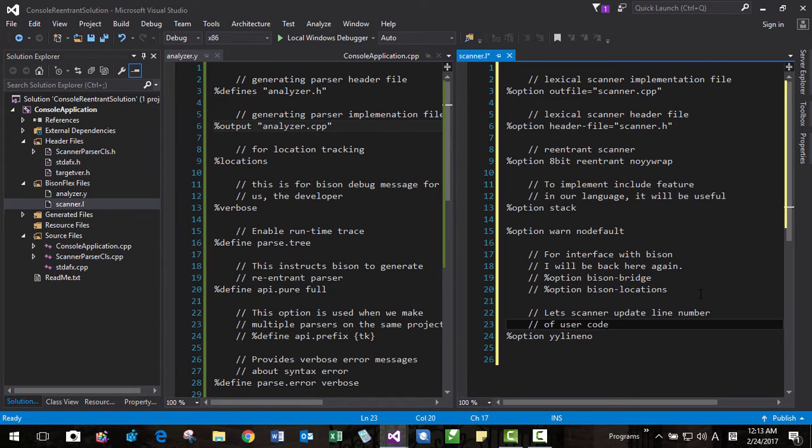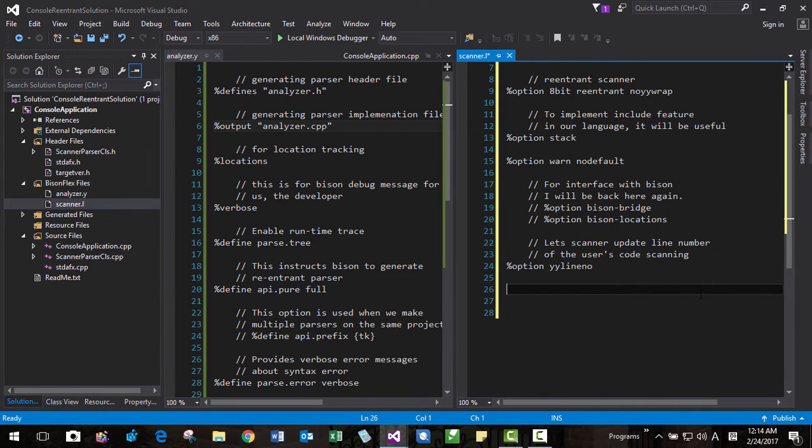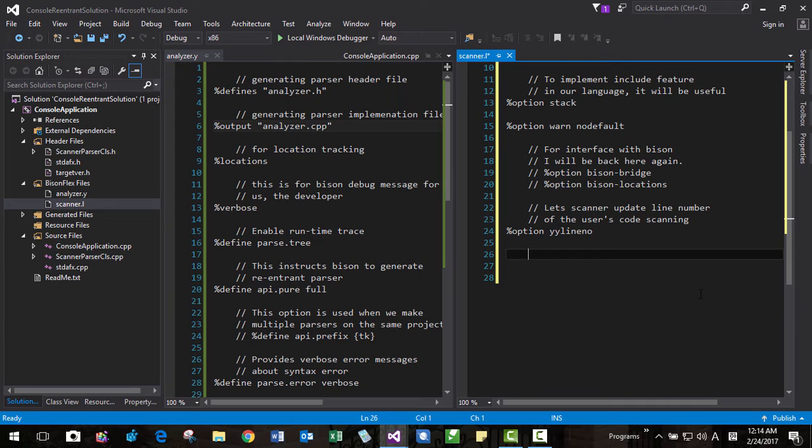of user code. User means our user, the user who is using our software. The user code scanning. It's useful. Someday I may have a chance to explain about this. Next option will be the same way we can say option. Say we are using